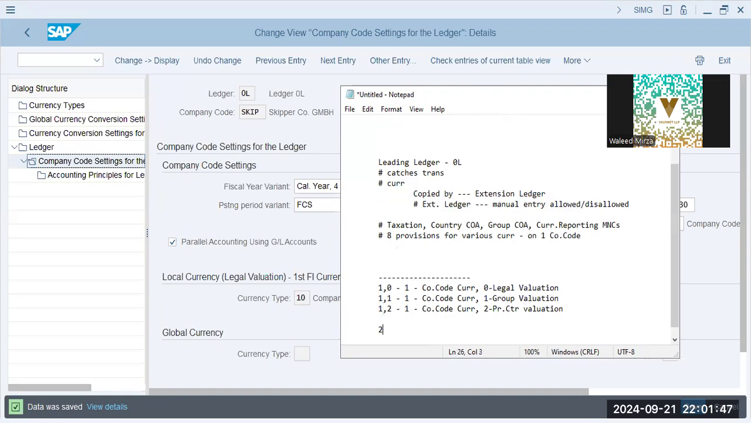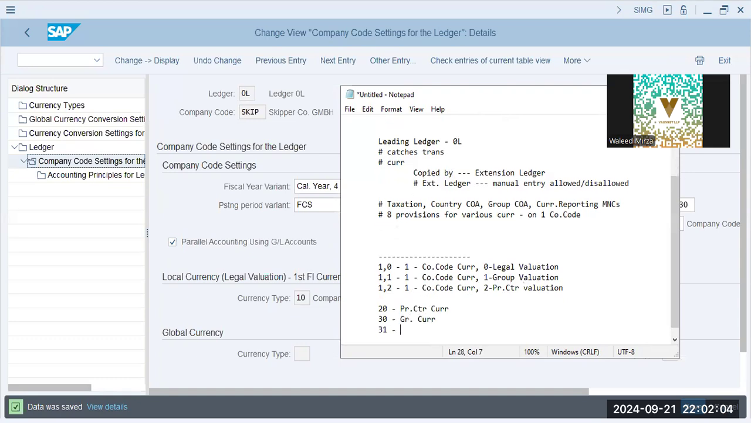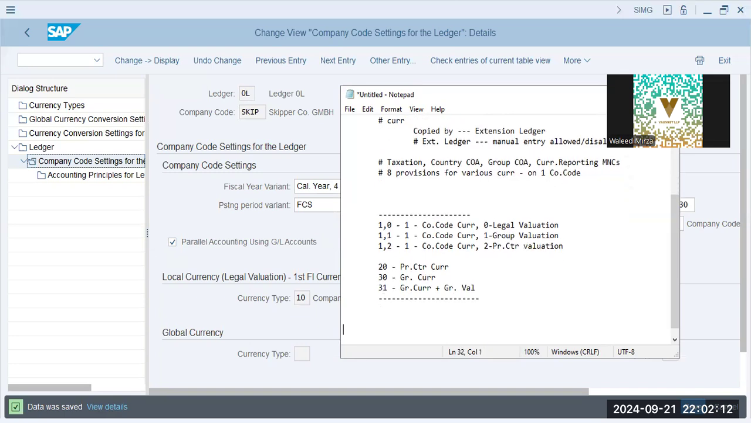So if it is 2 0, that means it's legal valuation, and 2 is profit center currency and legal valuation. Okay, 3 0 is group currency, and 3 1 will be group currency plus group valuation. Now, what is valuation? Valuation is basically